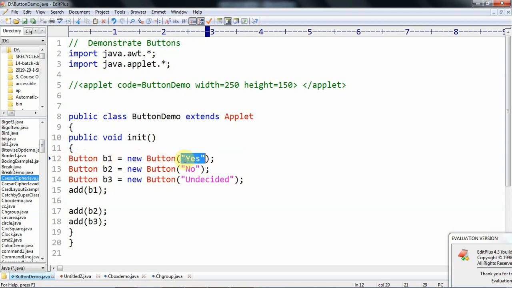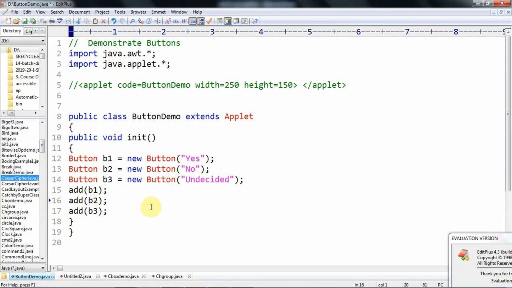Button v1 equal to new Button, and the caption is Yes. Like that, the v2 object caption is No. Then button object v3, and the caption is Undecided. Like that, three button objects are created with three captions: Yes, No and Undecided.